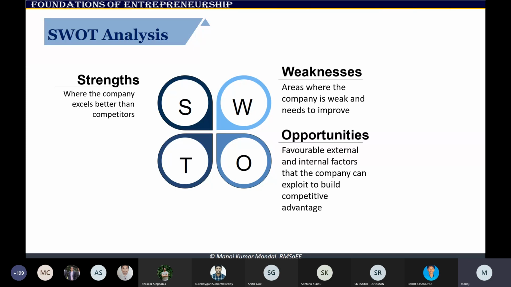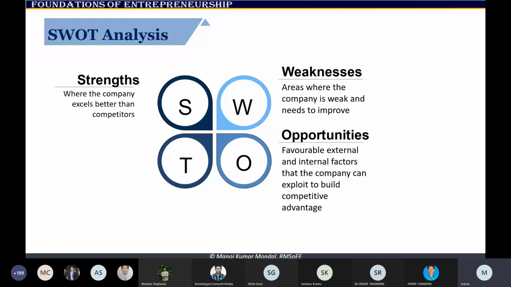Then there are opportunities, meaning where you can actually excel. You can exploit access to a strategic asset. Suppose you are manufacturing steel. I give this example because there is good synergy. You are manufacturing steel, and you are buying iron ore from other companies. Suppose there is a chance that you get a license in some iron ore mine. If you get that, that will give you access, and that is an opportunity. That will open up new opportunities.